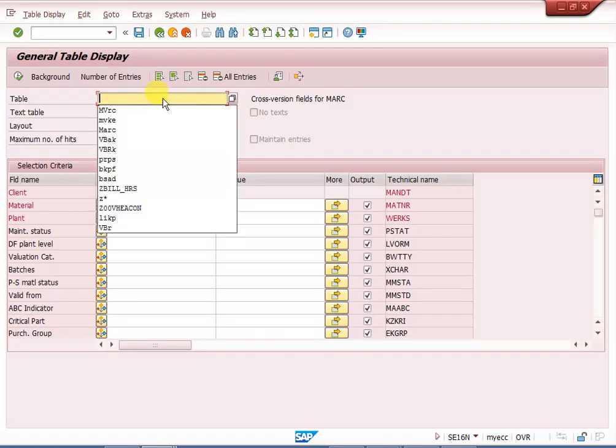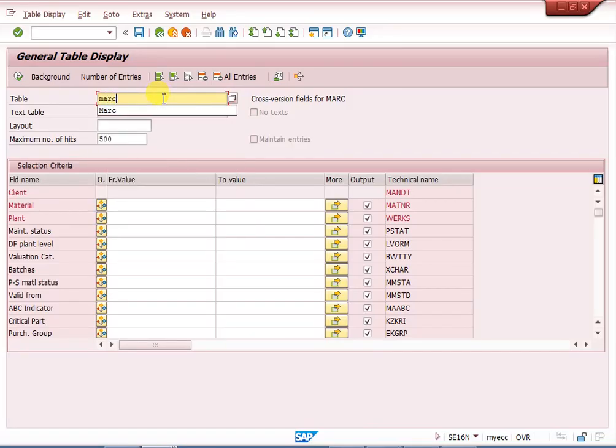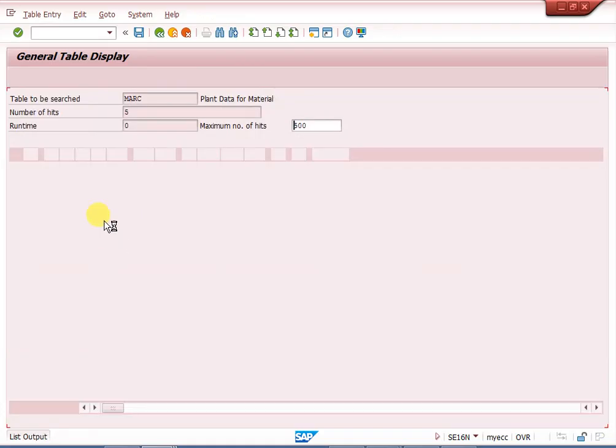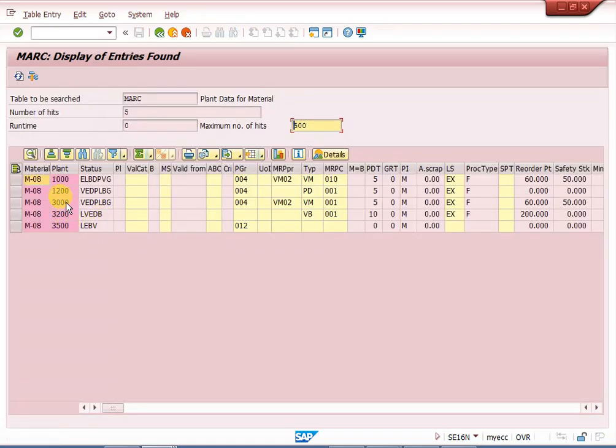Sorry, MARC, not MVRC. MARC. Okay, /08. Execute. System will show you wherever it is. 3000 level it is available, 3200 level it is available, because we are able to do stock transfer. One more thing is